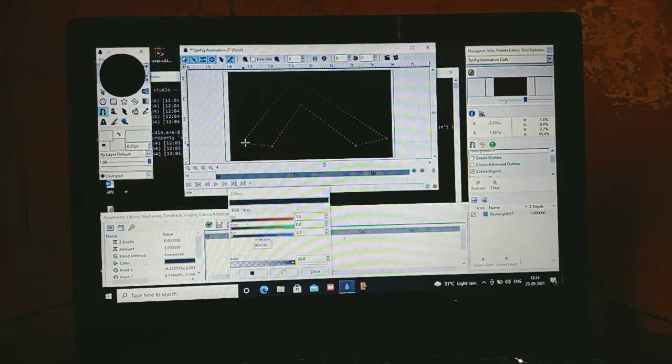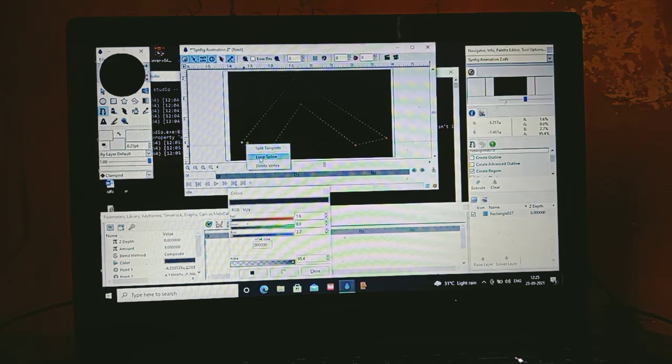When you reach here, right click. First you just make it here, and then you click, and here the loop Spline option is there, so click on it. So now this thing is looped.